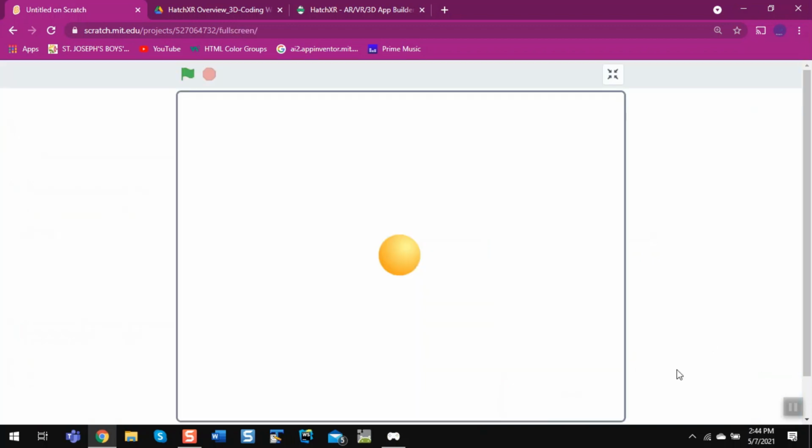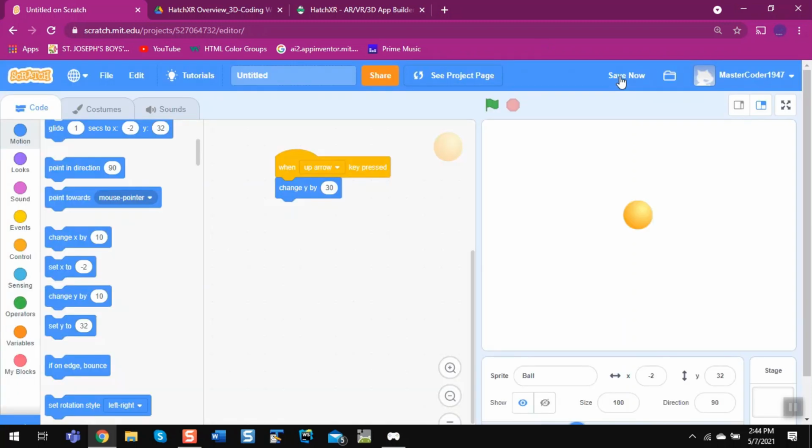So then if you click on the up arrow, first click on this green flag, then it will go up. See, it went up. And now we need to do the same thing for everything, but we need to do some different code, little different code. So we need to duplicate this, put it here.